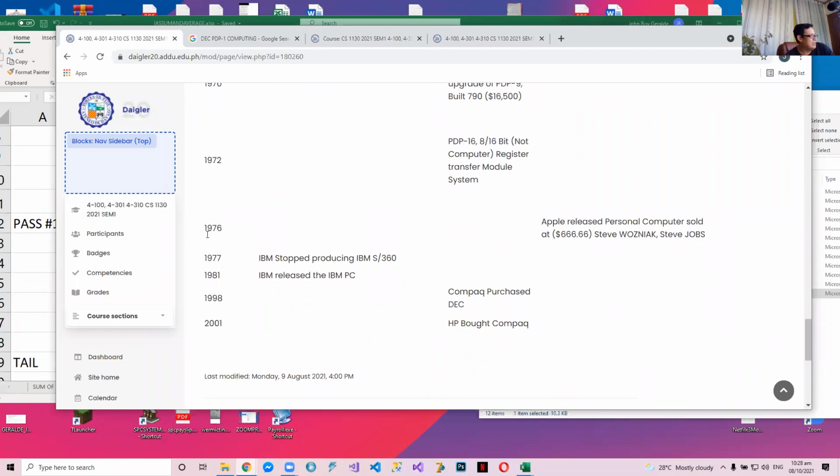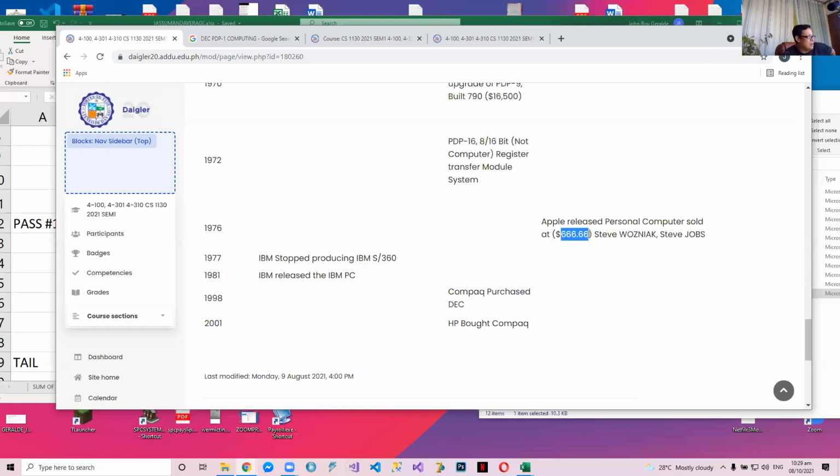Now the sad thing for DEC is that in 1976, Apple was established. They released the personal computer. The 1970s is the period of the microprocessors, which means this was the time when personal computers, very small computers, were produced, no? By Steve Wozniak and Steve Jobs at Apple. They sold it for only $666,